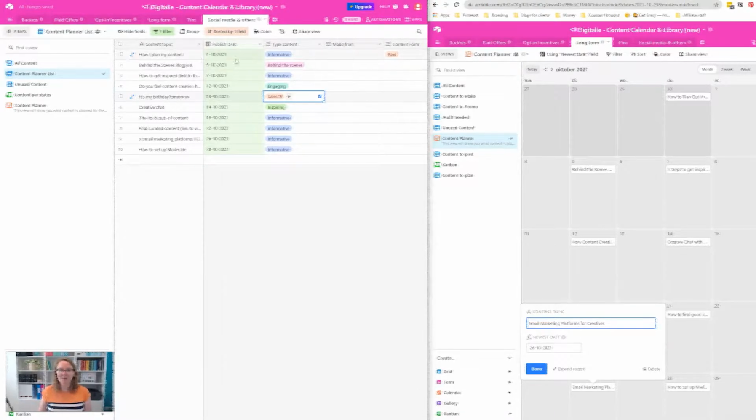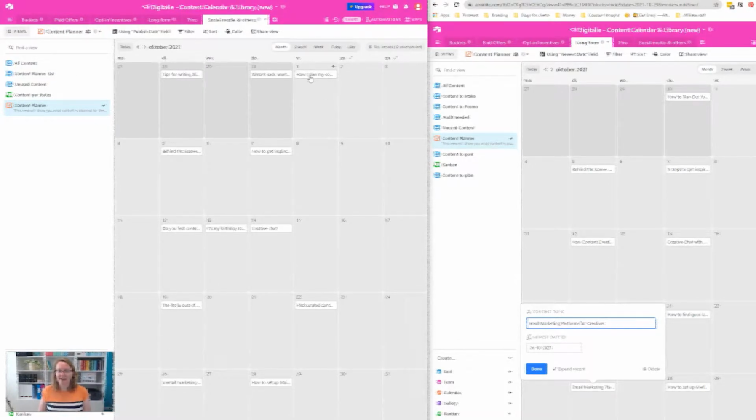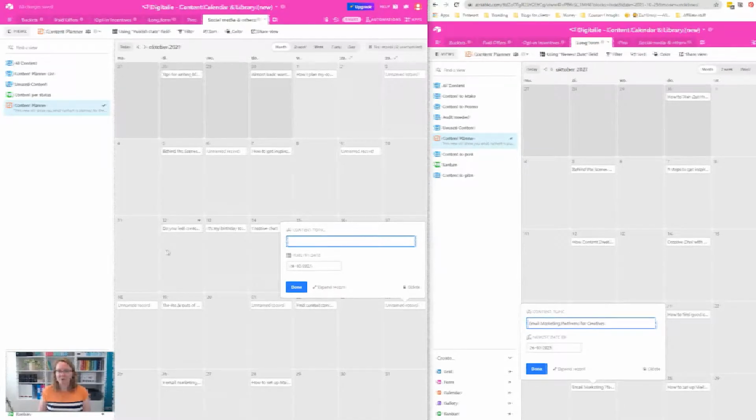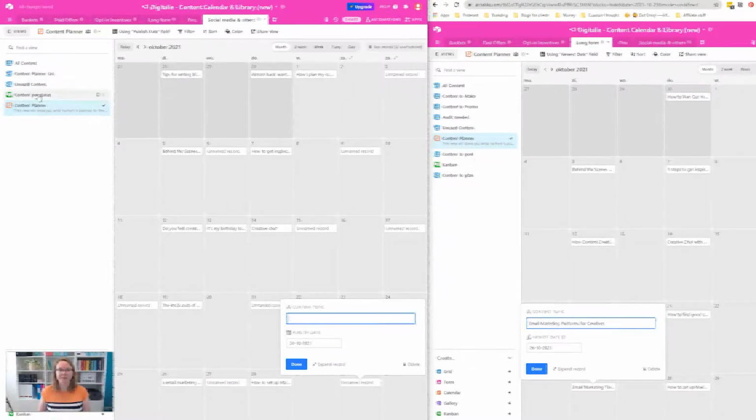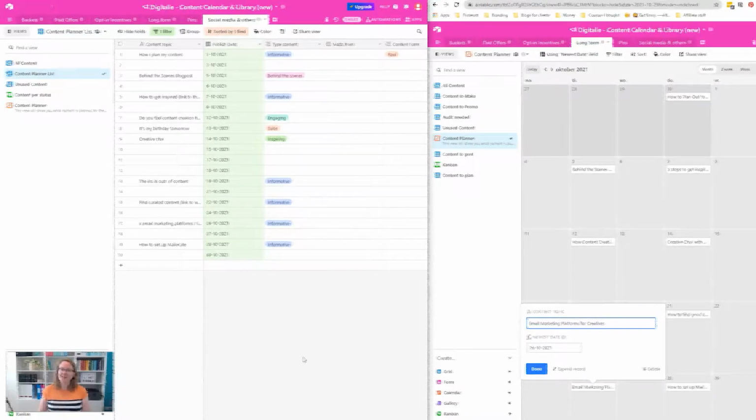And now I can make sure that I have a good balance of different types of content. So what I will do a lot of times is go back to my content planner and just think, okay, this is informative. I want a bit of content here, and I'll just leave them empty. And then there and here and there. And I will just play, and I'll have 4 or 5 per week and just play around with it a bit, like it feels nice. So that looks good. So now if we go back to my content planner list, you can see it's more spread out evenly. And you can also see informative is every other time. So I might try and change one of these to be more either engaging or inspiring,